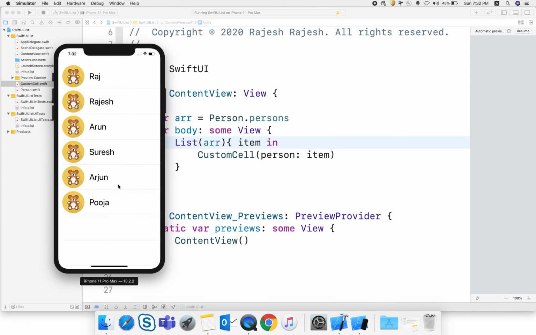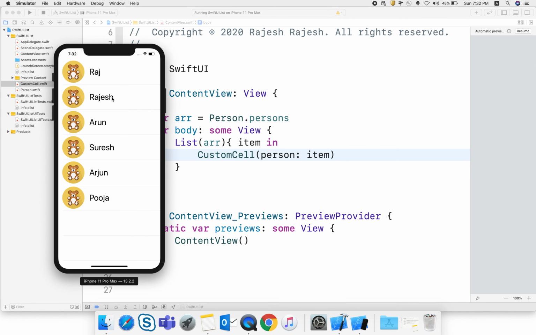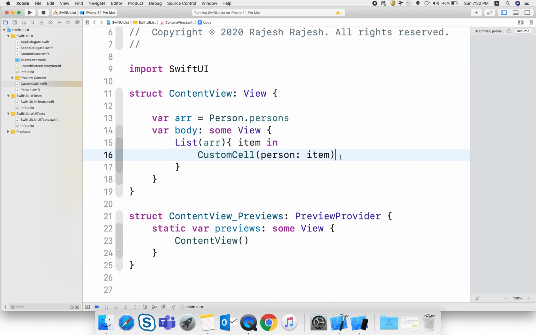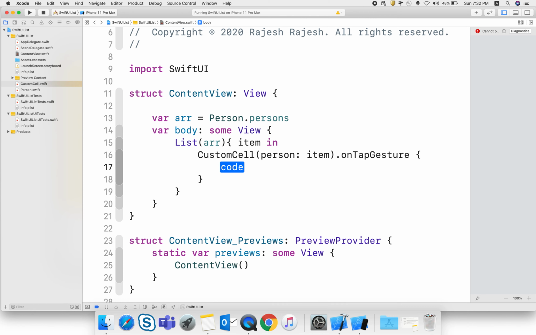But when I tap on this particular item, in that row, we do not get any output. So we just need to use a tap gesture. Here I just print the name of that item.